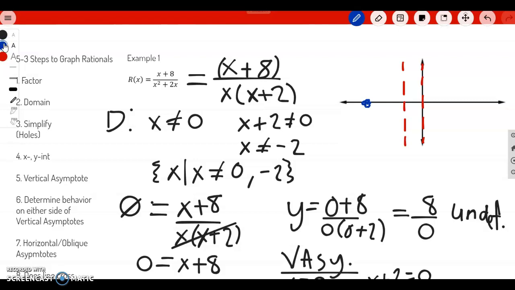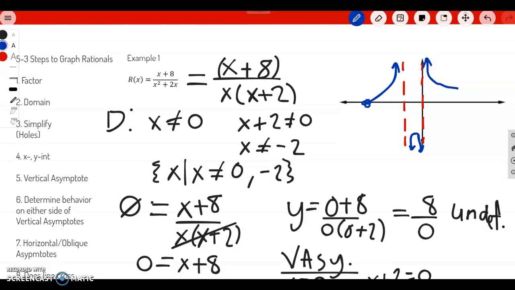So in between negative 2 and 0, our graph is negative. So I know our graph is negative, so it's going to approach negative 2 and 0, going towards negative infinity on both of those. In between negative 8 and negative 2, it is positive, so I know this graph has to be positive, so it's going to approach this way. And on the right side of 0, we have positive values, so I know it has to approach infinity,